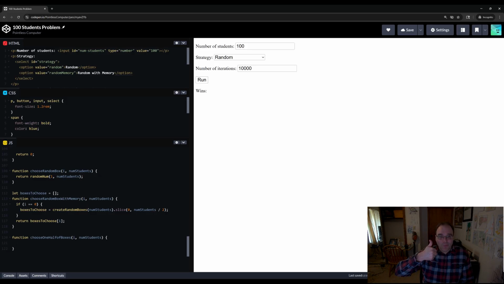So remember, we're going to have the first half of the students open the first half of the boxes, second half open the second half. So let's actually figure out what halves the students are. Pretty simple. Let half students equal num students divided by 2. And if the student number is less than or equal to half students, so if I'm on students 1 through 50, half students here being 50 if number of students was 100, and student number is somewhere between 1 and 50, then I want to just return